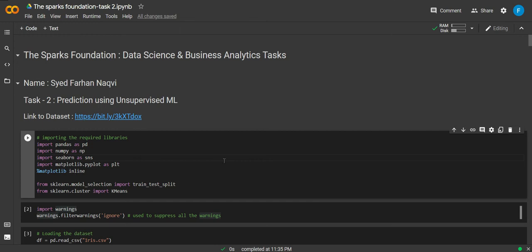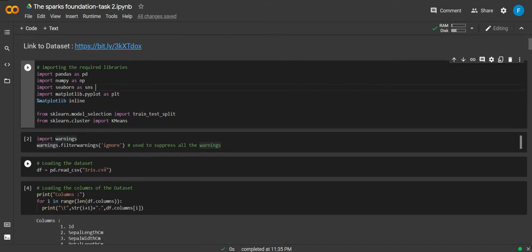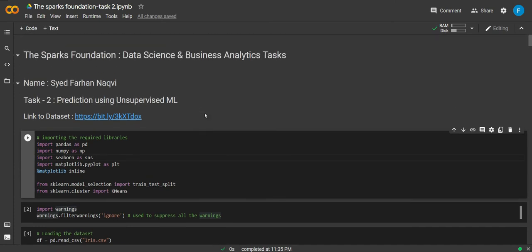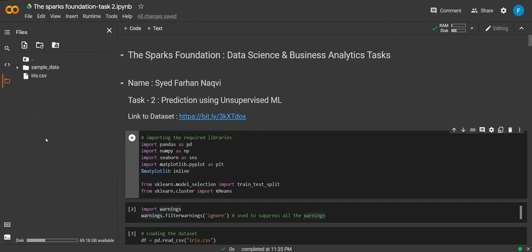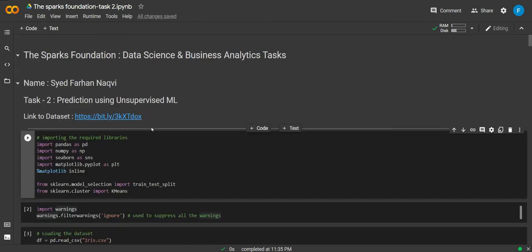Before that, I had to do analysis. The link to the dataset is given over here. So I went to this link and downloaded the dataset. It turns out that it was the Iris dataset that we have almost all used, but I just stuck to that dataset. I am using Google Colab over here, so I need to go to the file section and upload the iris.csv file before using it.